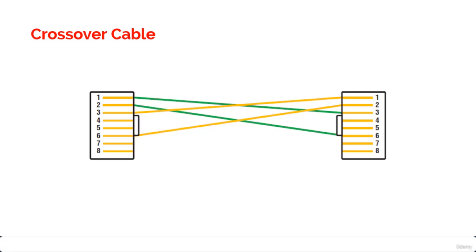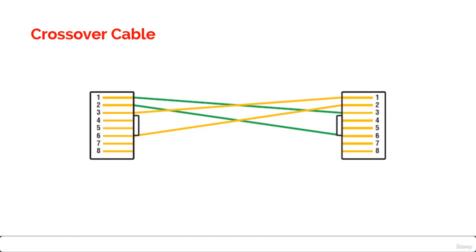A crossover cable is used only in Ethernet UTP installations. I will repeat this sentence again. A crossover cable is used only in Ethernet UTP installations. You can connect 2 workstation NICs, that is 2 workstations' network interface cards, or a workstation and a server NIC directly with it. If you are trying to match the straight through and crossover cables with the T568A and T568B standard, there are different types of crossover cables.